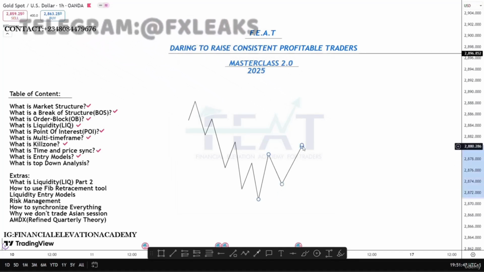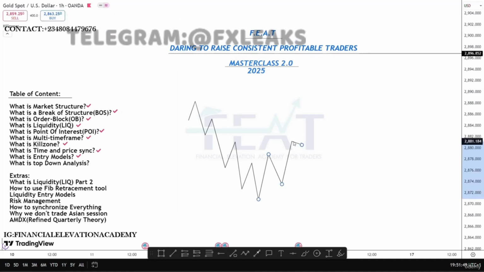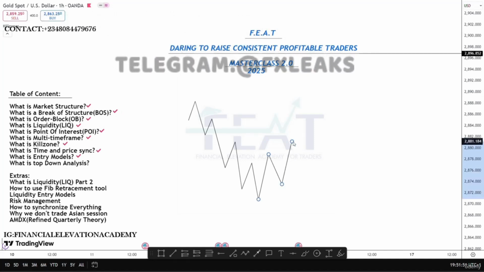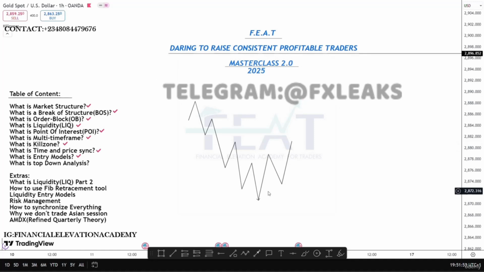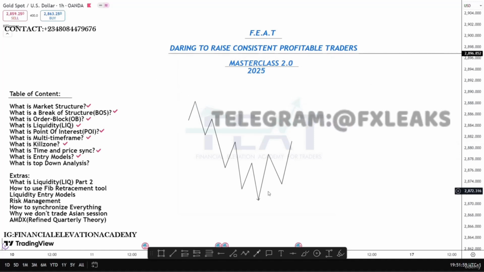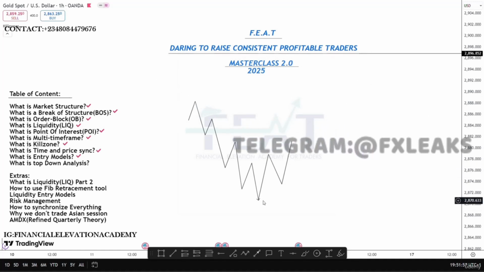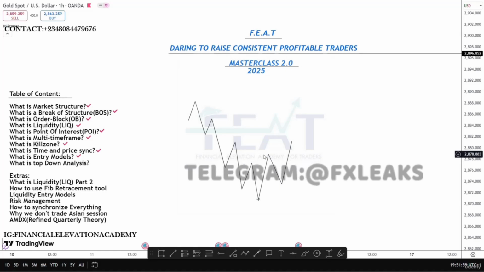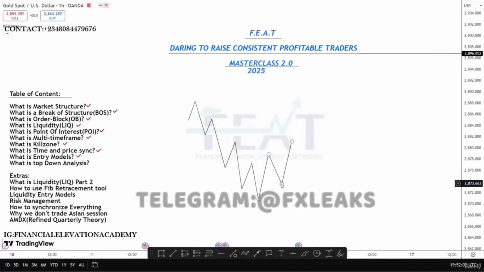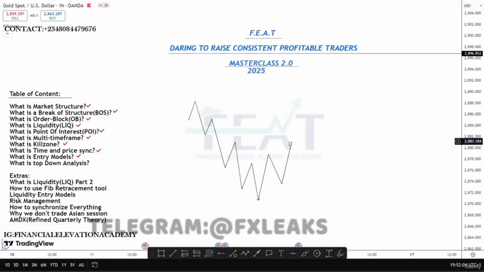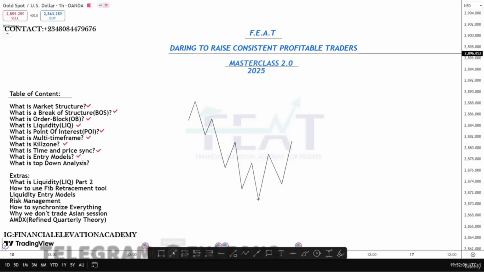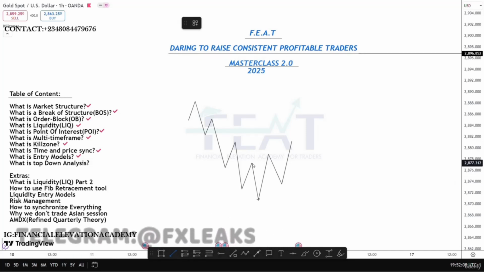Alright, so let's say price is currently at this level. Now let's say this is the monthly chart. This was a monthly break of structure that has happened, and it's trying to buy up now, or it's currently at this level. So what you want to mark is from the monthly,